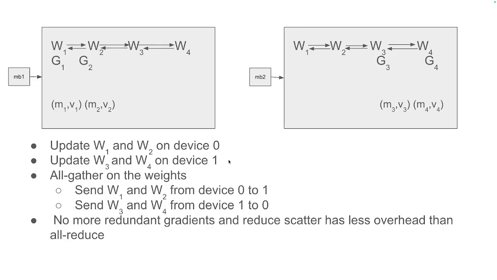So this is how you generally try using ZeRO-2 as compared to ZeRO-1, because you won't have redundant gradients. Also, reduce scatter is preferred over all reduce because, as you can see, all reduce has a lot of communication overhead: you are sending in more stuff but you don't end up using it. So as model size continues to grow bigger,